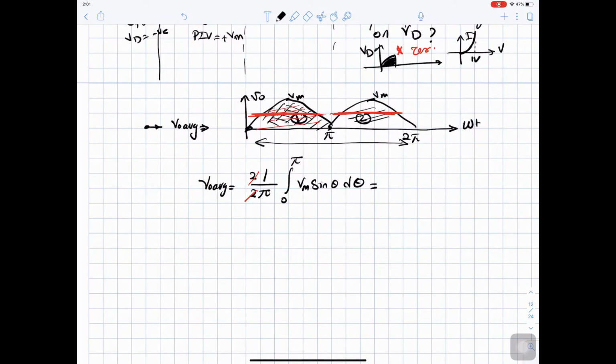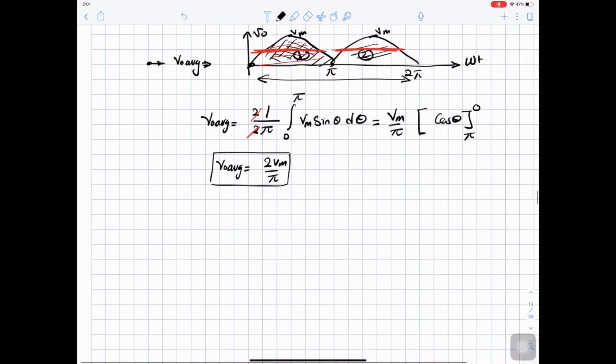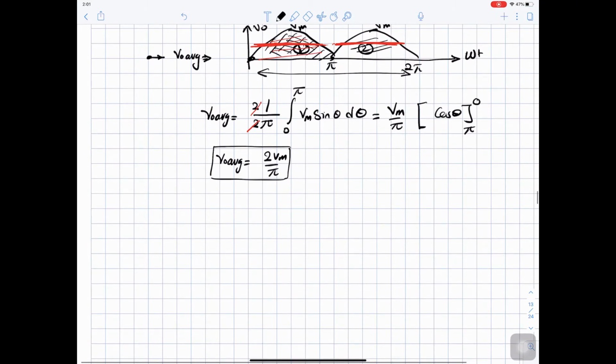So this value equals Vmax over pi, and the integration of sine theta is cos theta, and you reverse the limits because it should be negative cos. So V out average will be 2 Vmax over pi, and as you can see, this is double the half wave case. To find V out RMS,